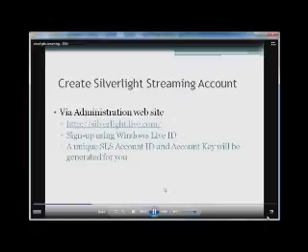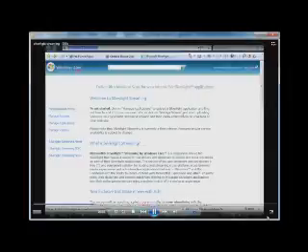So, first step, create a Silverlight streaming account. That's very simple from the administrative website, which is silverlight.live.com. You log in with your Windows Live ID, and then you get assigned a unique account ID and a key. So, for example, with my sample account here,